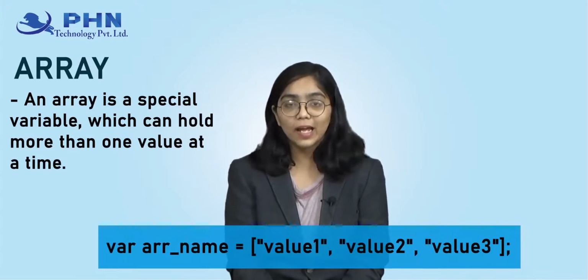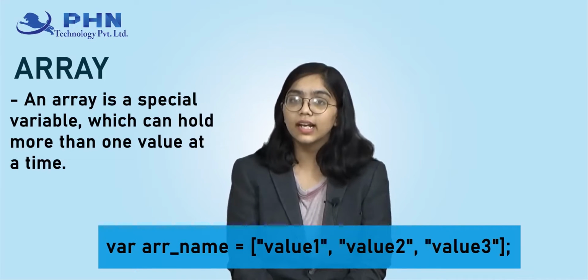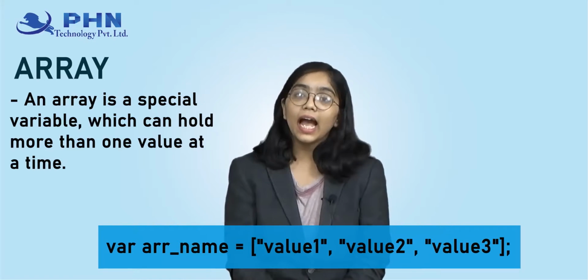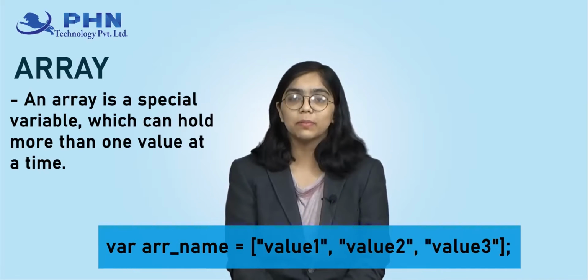An array is declared using the variable keyword, that is var. After that follows the array name, then an equal to sign and the bracket, and after that the values separated by commas. When we want to end that array, just close the bracket and don't forget to give a semicolon. Now just like any other thing, even arrays have a lot of inbuilt methods such as reverse, sorting, etc. Even we can change the elements inside the array by calling it.